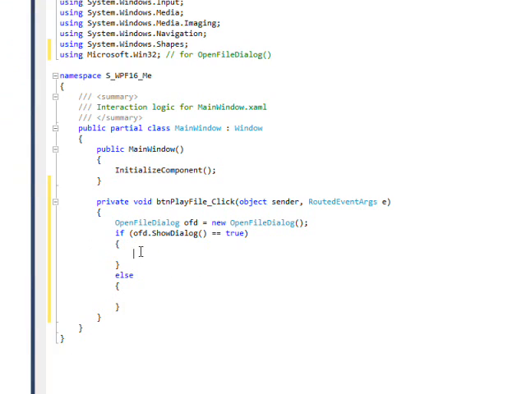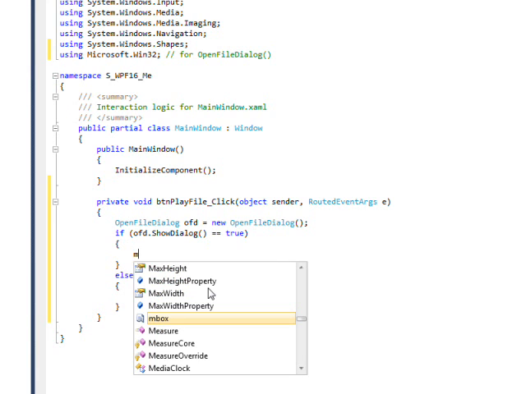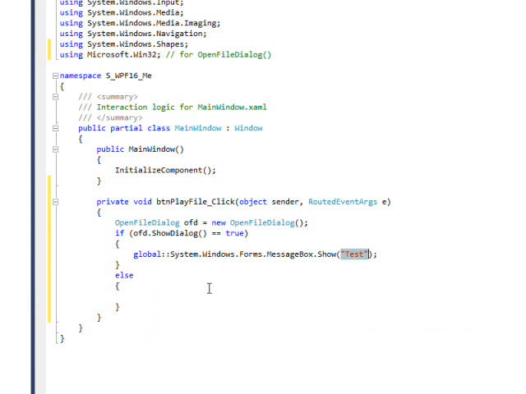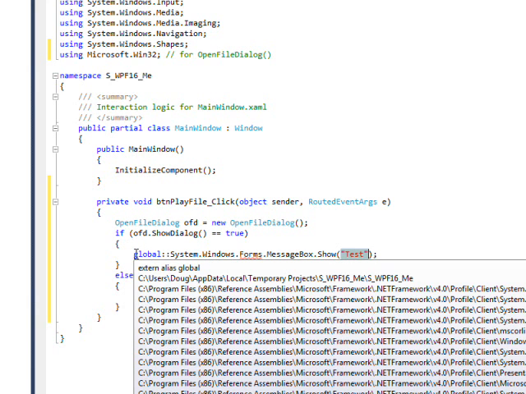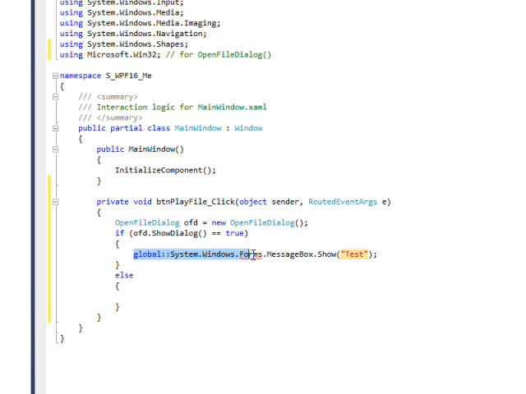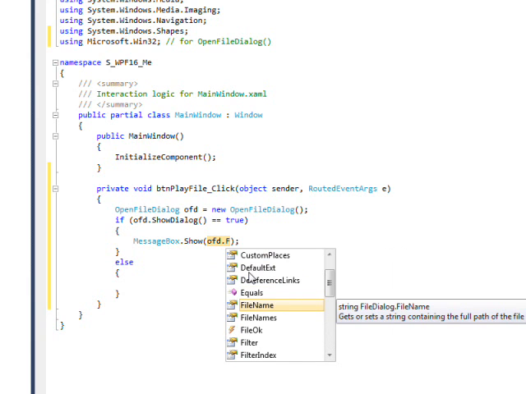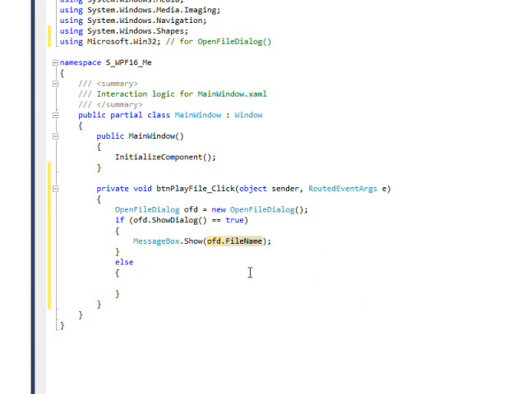And then all we want to do for this subproblem is create a message box. So do MB tab and then get rid of all this extra overhead junk because it does directly understand MessageBox, and say OFD dot FileName